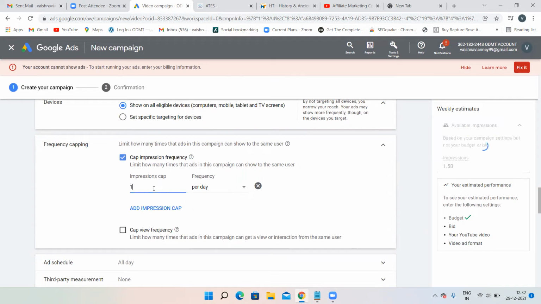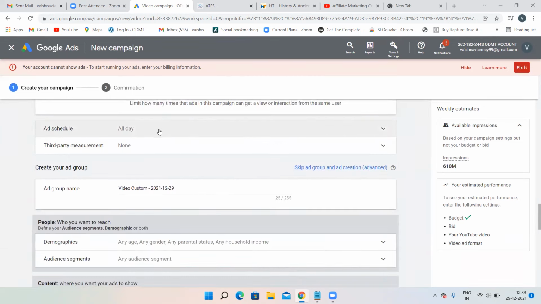Enter a number, so 10 times per day. Then my advertisement will appear 10 times per day to a particular user. If you don't select this, then n number of times your advertisement will appear. So it's up to you whether you want to select this option or not. It's better to select it, so people will not get irritated. So frequency capping, impressions cap 10 times per day.